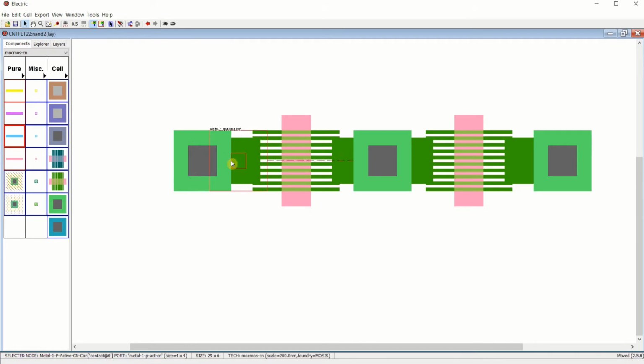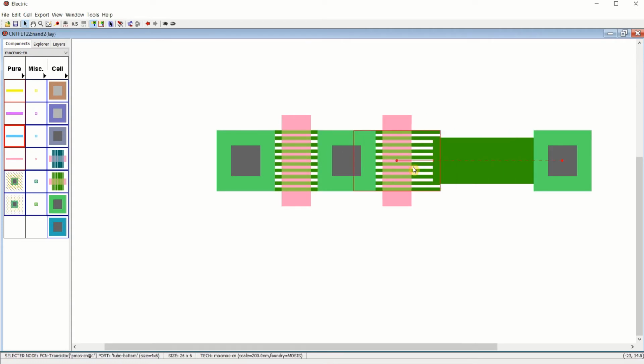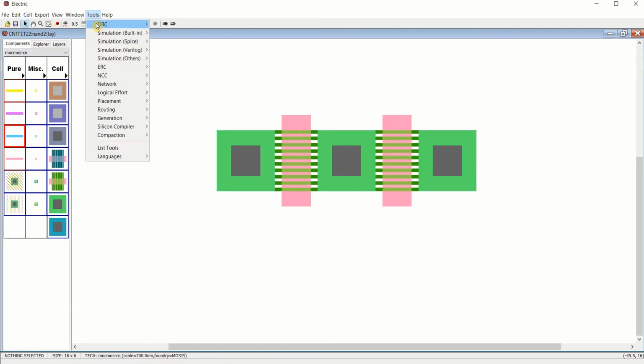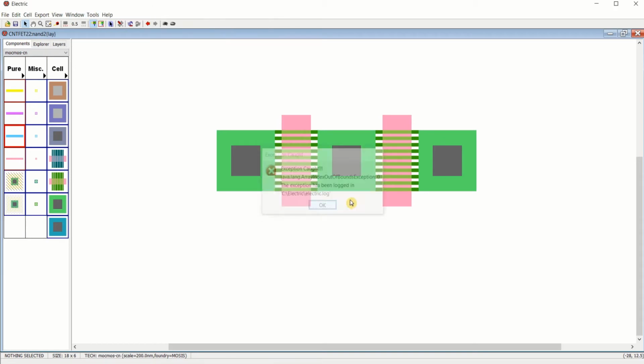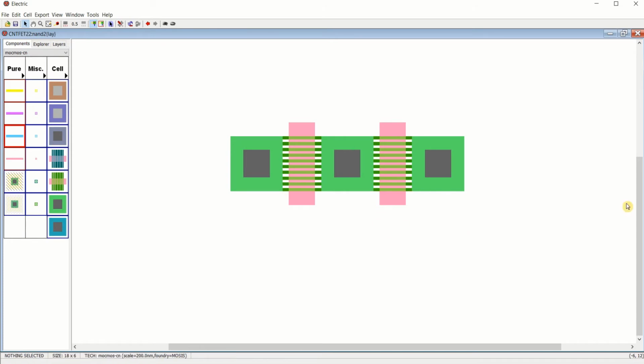If you want, you can bring this closer. You can move this apart. If you want to check the DRC, you can check it. Since it is Java based, it has some exceptions.